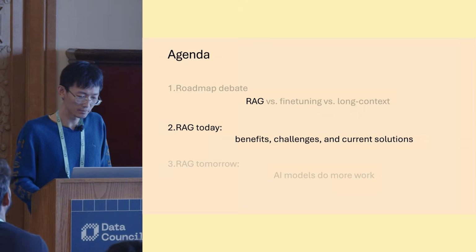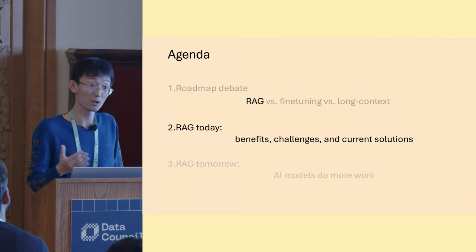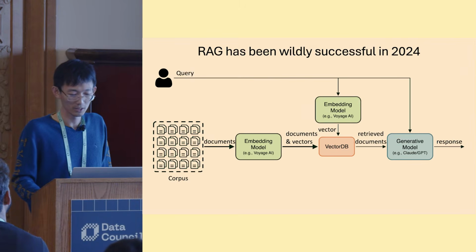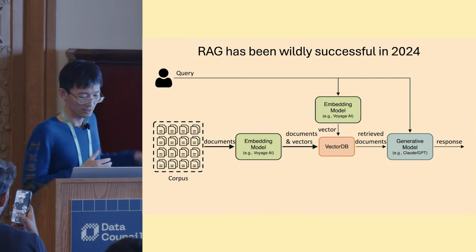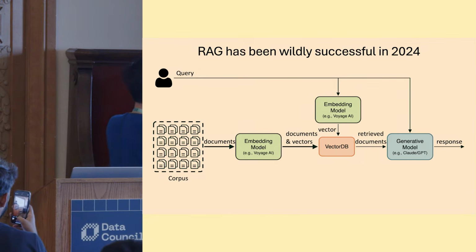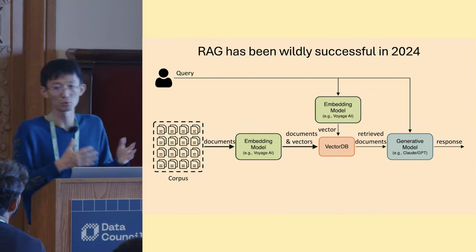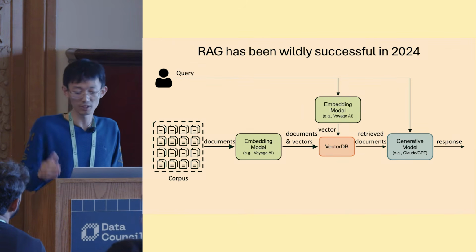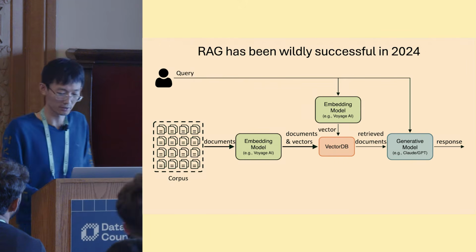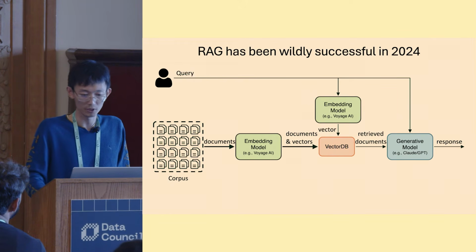So the next part of the talk is about some of the current statistics of RAG. I'll review this very quickly. I didn't talk too much about the retrieval part, so now I've unpacked the retrieval part into components. The two components are the embedding models and the vector database. You vectorize the documents into vectors, and you also vectorize the query, and then you use the vector database to do a k-nearest neighbor search, approximate k-nearest neighbor search to be precise, and then you retrieve some documents. Sometimes you can also add a re-ranker later, and then you send it to a large language model.